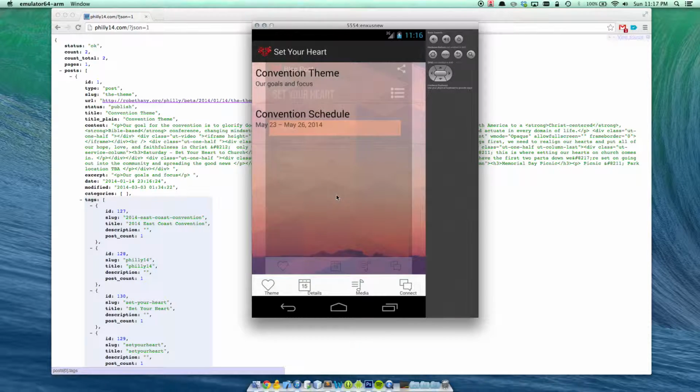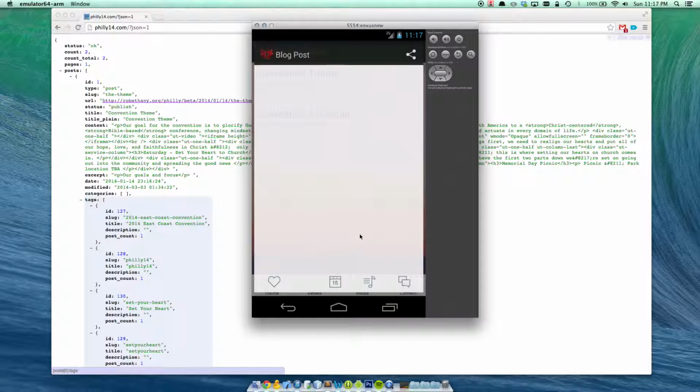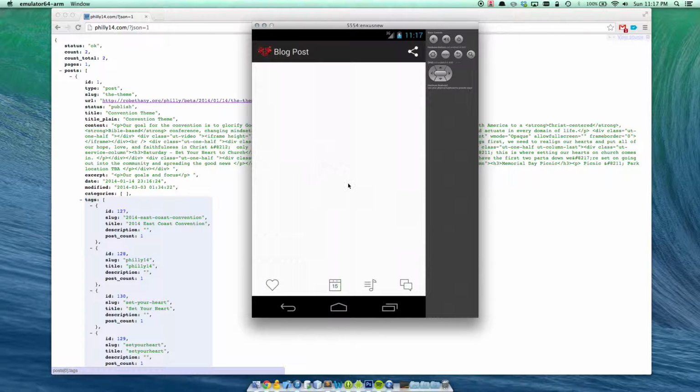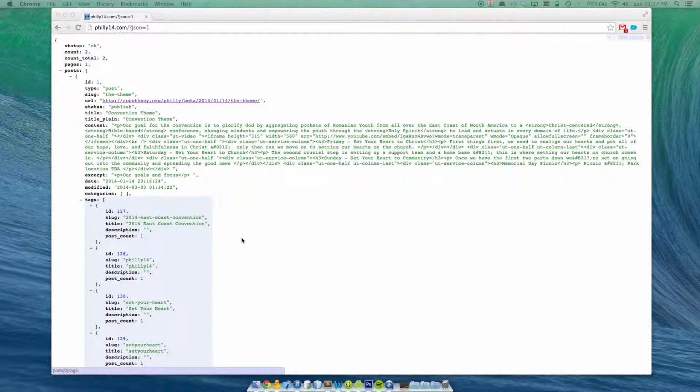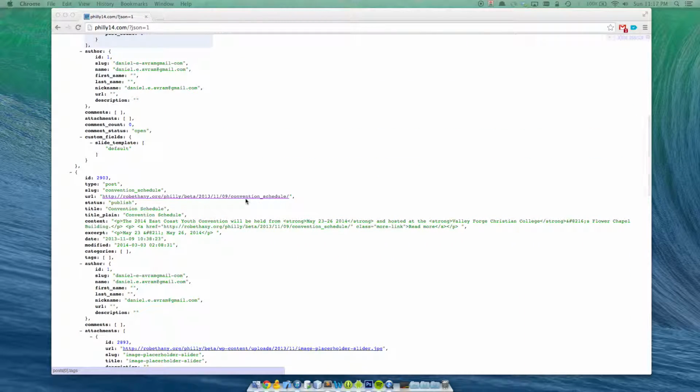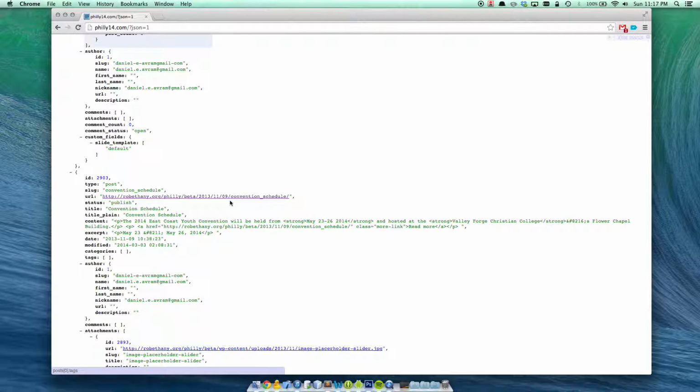Same thing happens if you hit this convention schedule page. It kind of takes you to that same layout where it's a little hard to tell what is going on, what's behind this content. But in order to prove to you that I'm actually going to the URL, let's look at the JSON object that I'm trying to go to. So I believe for this one it's convention schedule here. I'm trying to go to this URL,